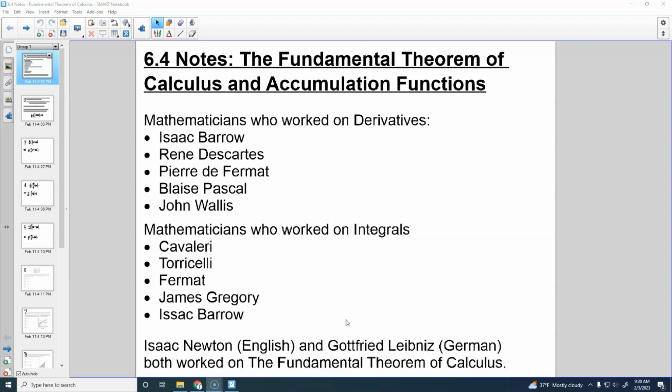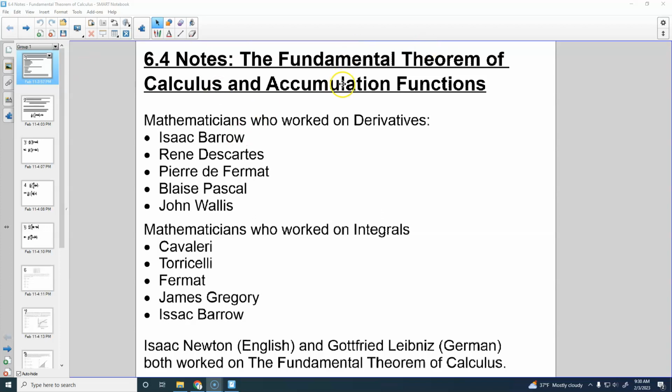The book that I read generally seemed to hold the opinion that both of these men probably independently, without stealing work from each other, came up with calculus, because there had been so much work done on it already that it was sort of inevitable that somebody was going to figure this out. Like I said, Isaac Barrow could have been in the running. He'd done work on both. He just had not recognized the relationship between the two.